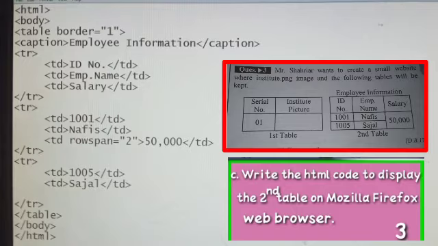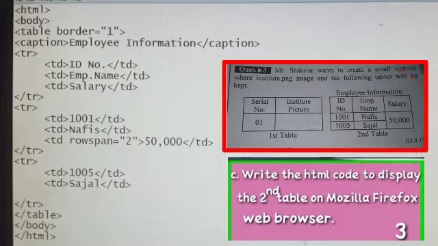Opening TR, opening TD 1001, closing TD. Opening TD Nafis and closing TD. Opening TD rowspan equals to 2, 50,000 and closing TD.